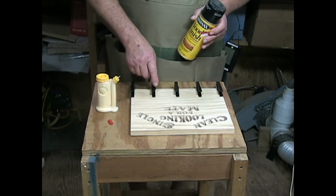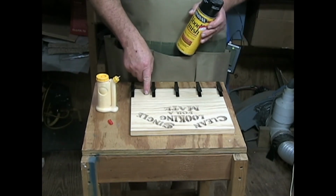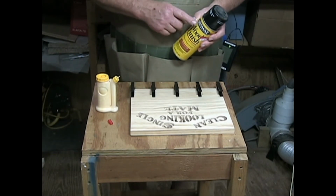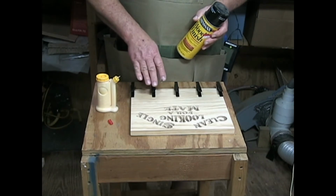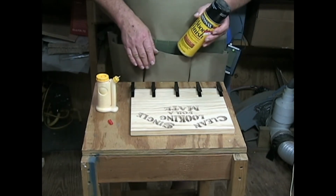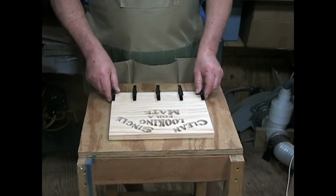I wanted the bare wood on the back side of the clothespins with the glue to be able to bond to the bare wood on the project. And the stain is not going to hurt this black lacquer. I can take a rag and lightly wipe over it and you'll never even know it was there. So that's the reason I'm applying the clothespins first. This has been sitting for about an hour, so